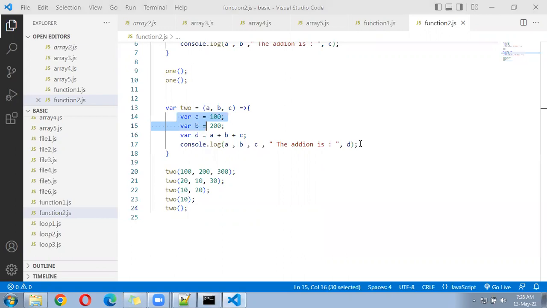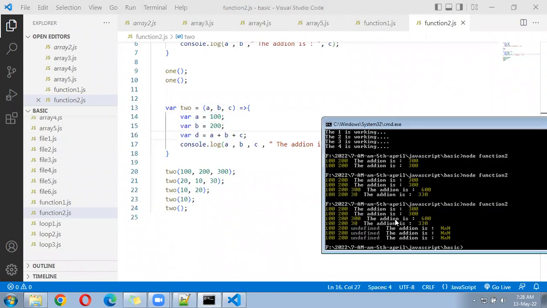In the if-else condition we write: when I call the function, check the parameter. If it has a value, then do one thing. If the value is not there, then do the other. Since we have not passed anything when calling the function, the value becomes undefined. And when you are doing the addition of an undefined value,